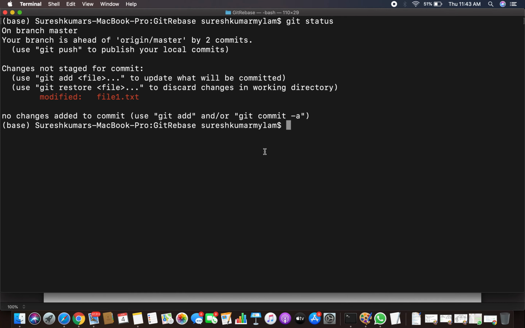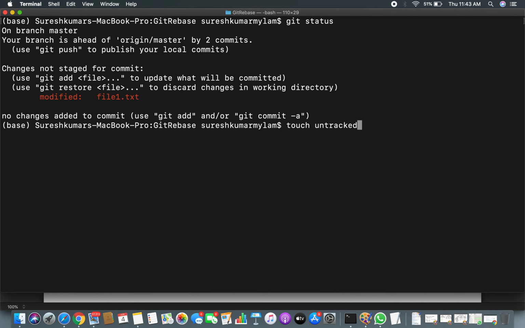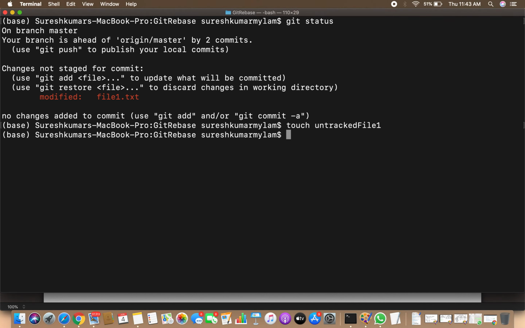Let's create a file. We are on the master branch. Let me create a file: touch untracked_file1. Okay, I have one untracked file. Let me type something inside that. Vim.